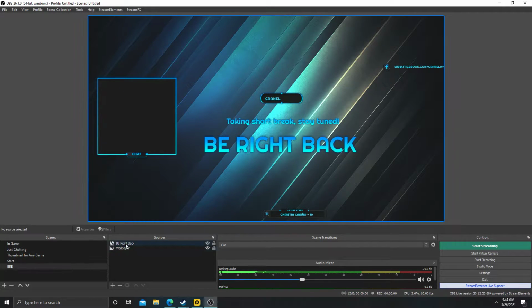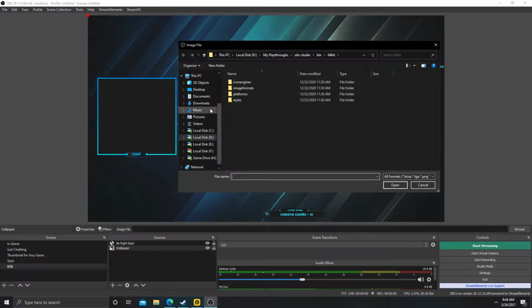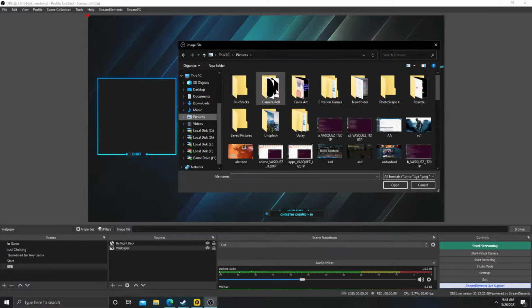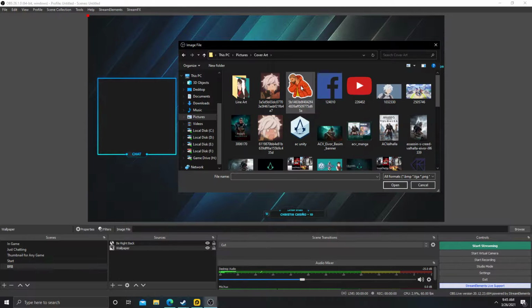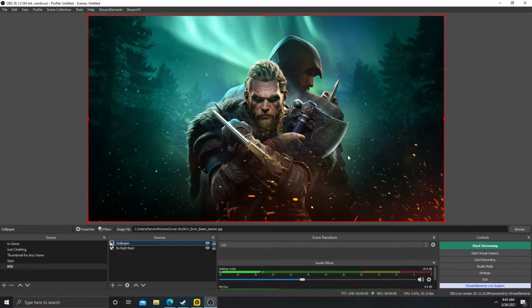So that's your be right back, or you can also add any kind of wallpaper that has some sort of image like this, like taking a short break, stay tuned, be right back. Otherwise, you can add your wallpaper, any type of wallpaper that you want to use from your game. Let's say I'm playing AC Valhalla and I want to take a break. You can add a wallpaper like that one. Then